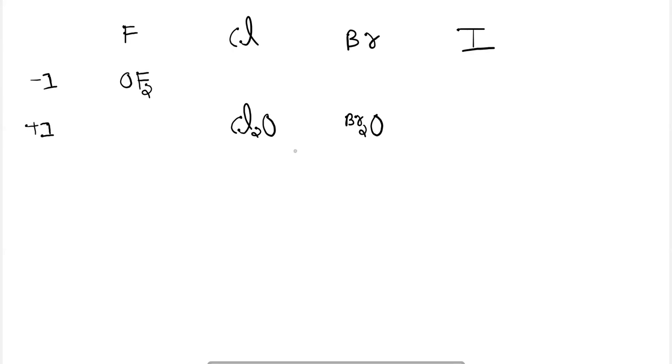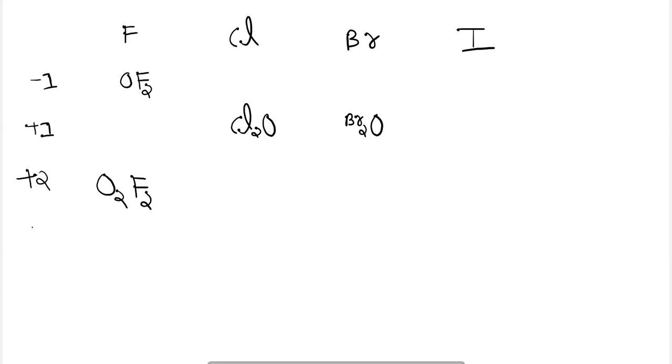The reason is that oxygen is present above chlorine and bromine in the group, and due to this, chlorine will act as the more electropositive element compared to the electronegative oxygen here. The +2 state is possible for oxygen in the case of fluorine, because here they can form O2F2, but other elements do not form any compound in this particular series.